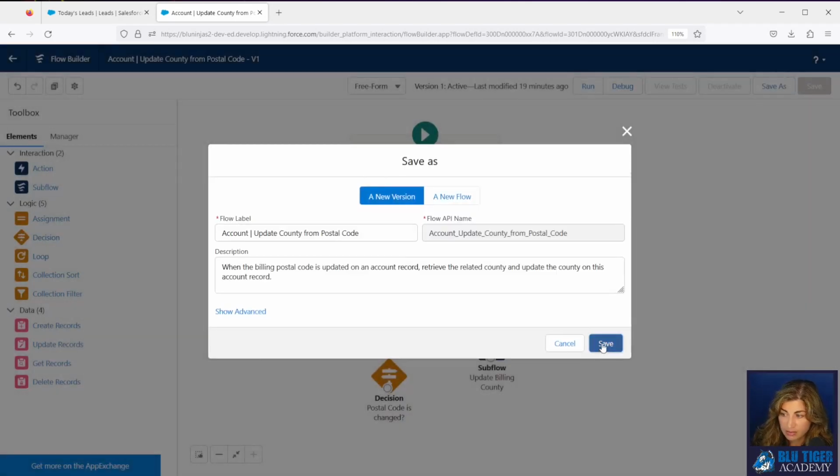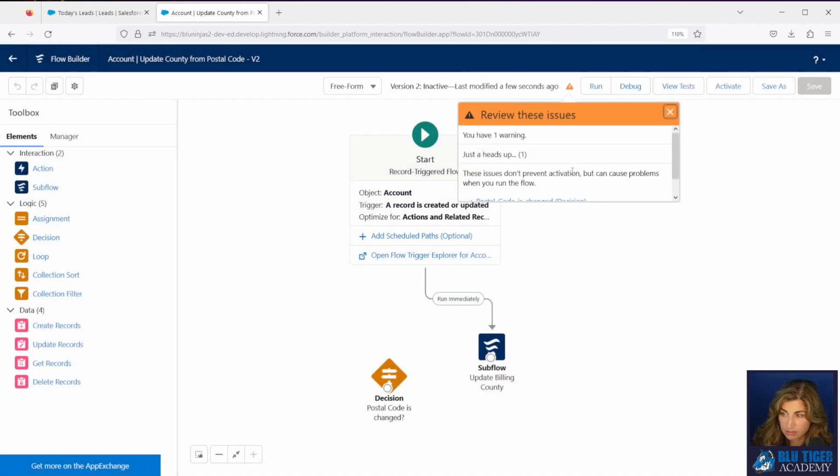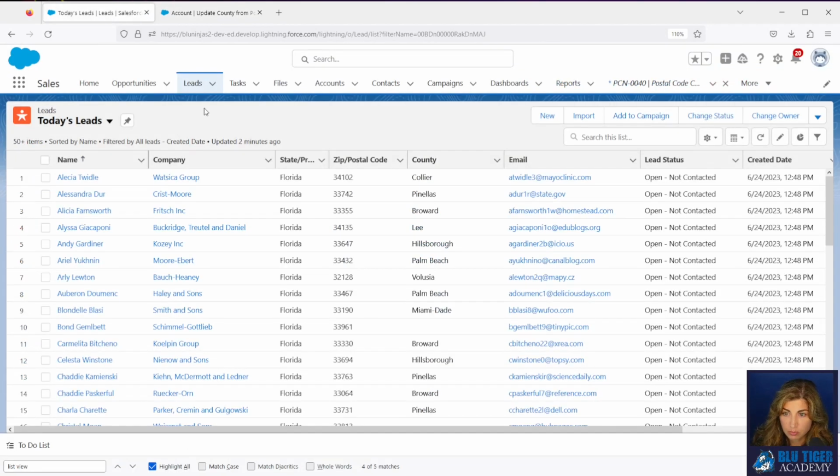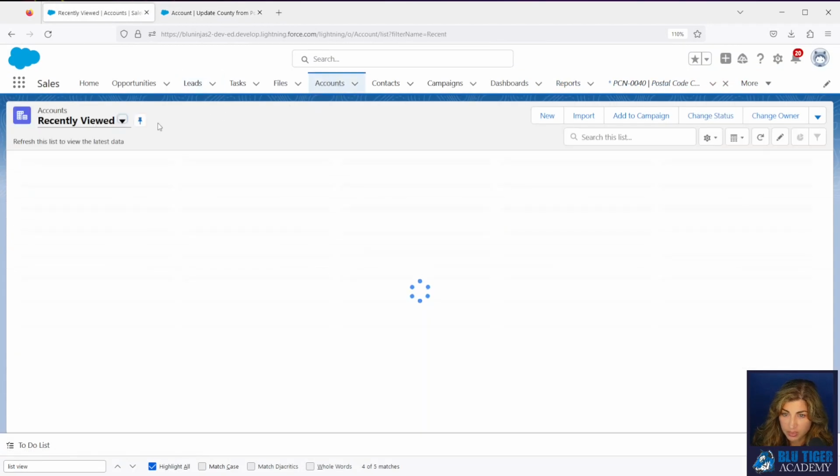Do a save as. Remember, this is okay. It's just saying that we have an element that's not connected. We'll click activate. And then let's do a list view again so that we can see.